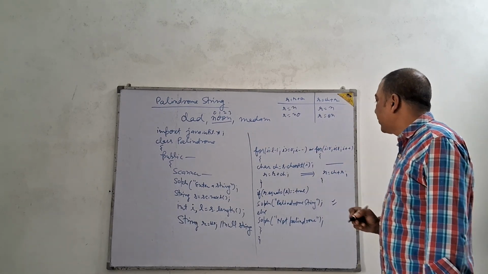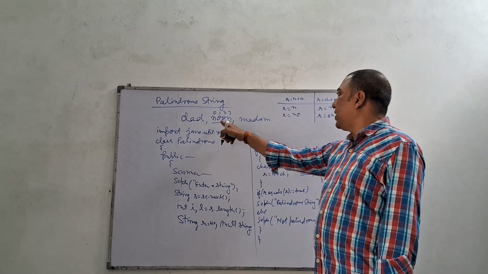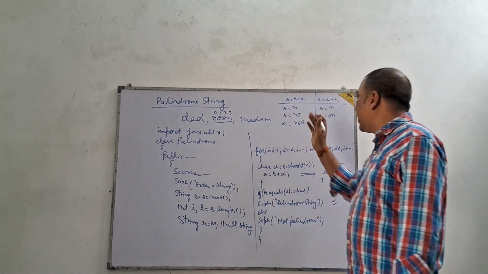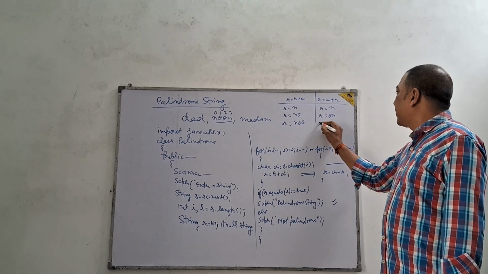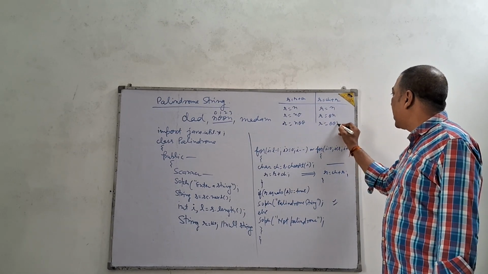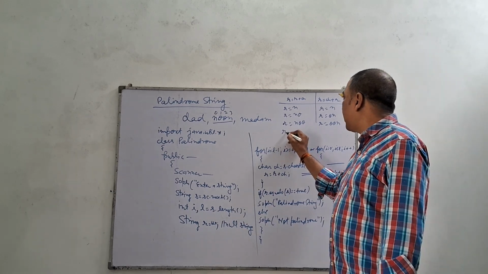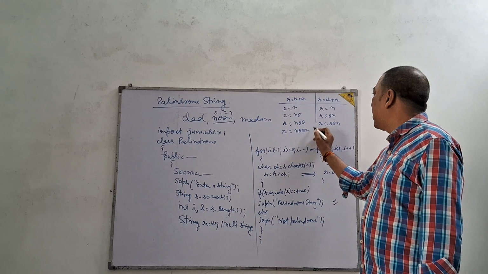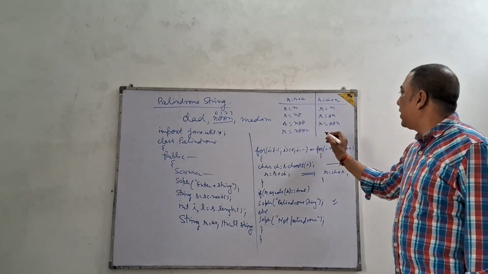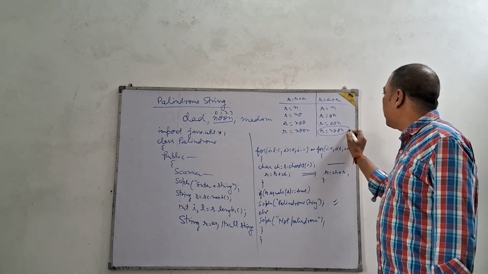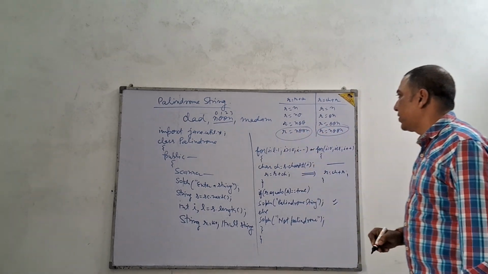ON. With r plus ch, next o is extracted, so NOO will be formed with o added on the right side. Here o will be added on the left side: OON. In this method, r plus ch, n will be added on the right side: NOON. And in this method, n will be added on the left side. So NOON. You can say in both ways you will get the reverse.